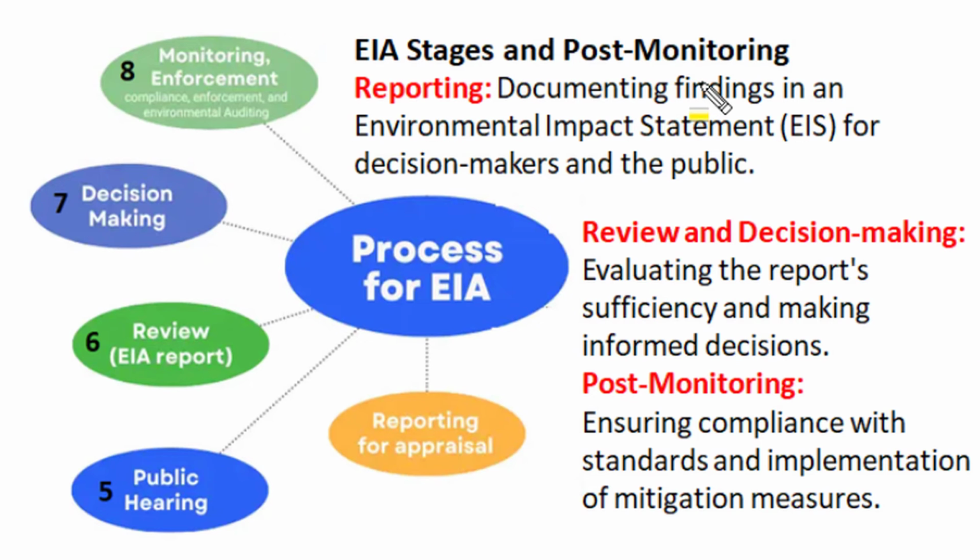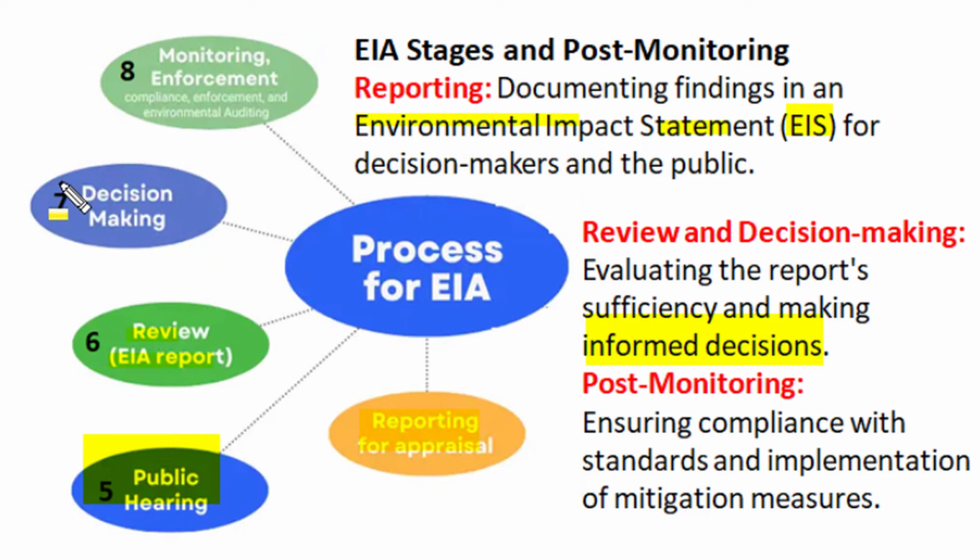After scoping, impact assessment and mitigation, a report is produced for appraisal by experts, and in that report, documented findings of environment impact as statements, EIS, environment impact statements, are presented to experts, decision makers and for public hearing. Now the expert committee takes a review of the environment impact assessment report and evaluates sufficiency of information, and accordingly makes an informed decision on the project.